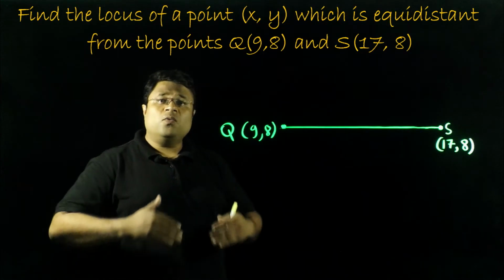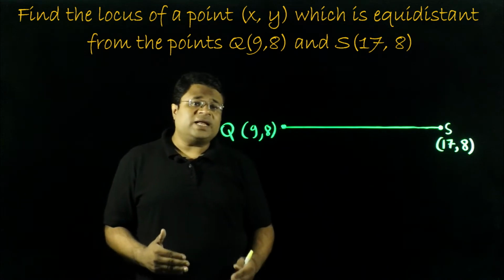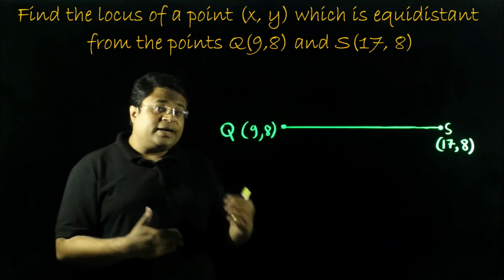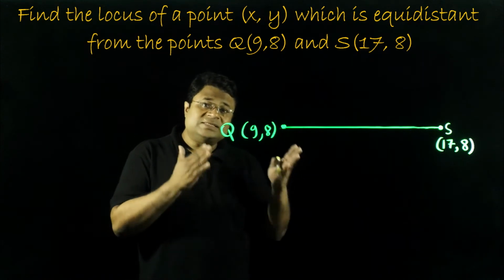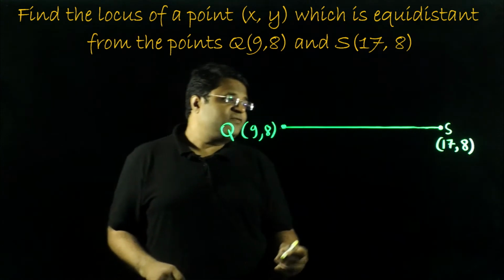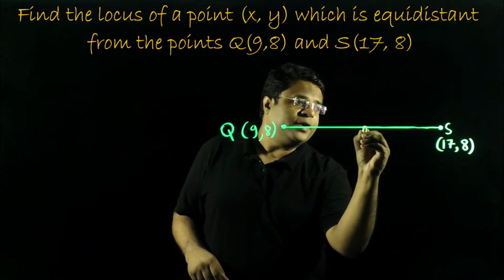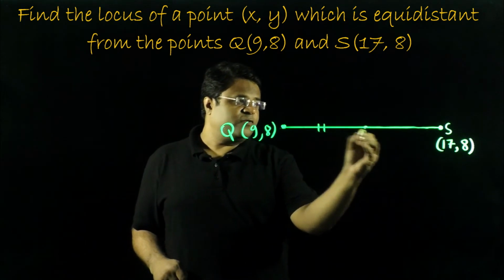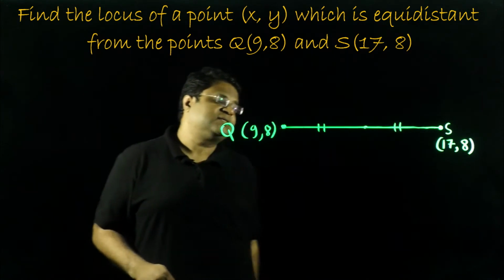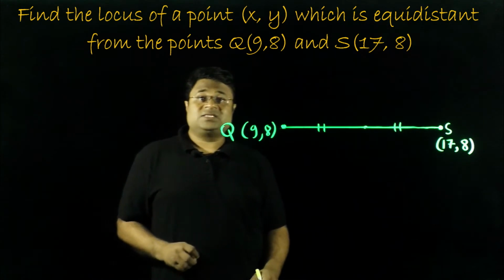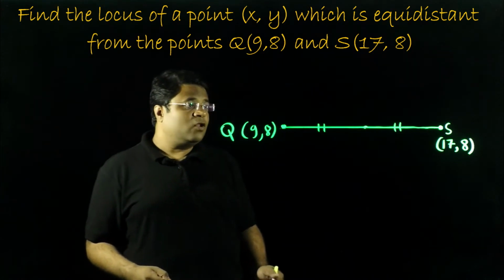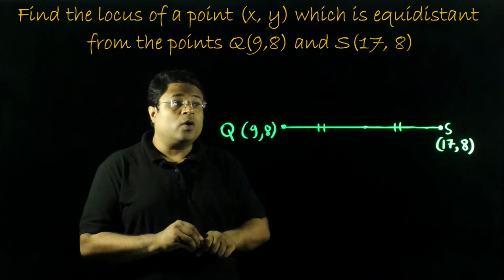Here you know, we actually want the points which are equidistant from Q and S. So there is an alternate way how we can view the same question. So let's first of all locate the midpoint. Alright, this is equidistant from Q and S. So like this, how many points would be there? They will all be falling on this